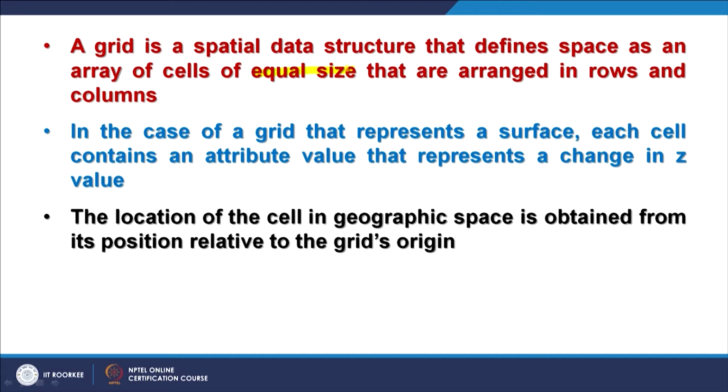And the location of each cell in geographic space, in terms of latitude, longitude or easting northing, can be obtained from its position relative to the grid origin. So if the grid is georeferenced, then you would get the geographic coordinates.